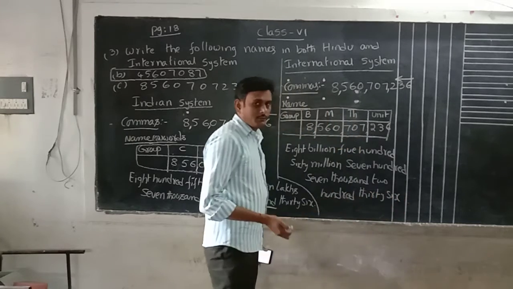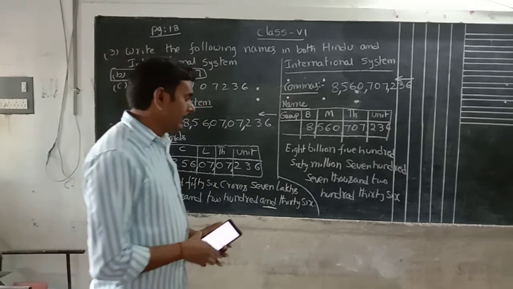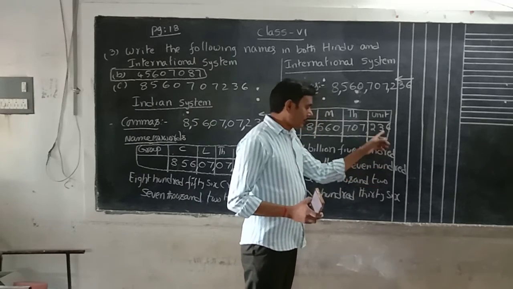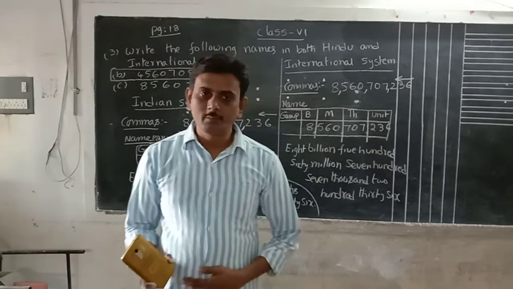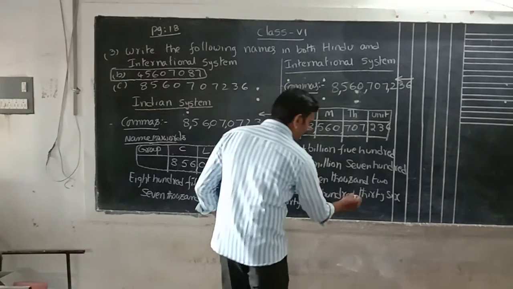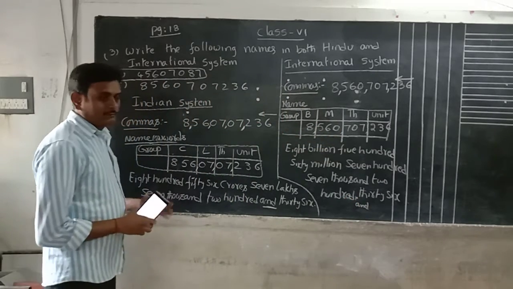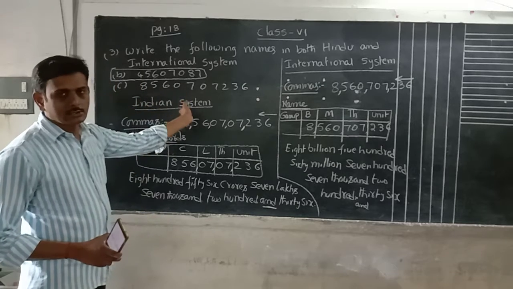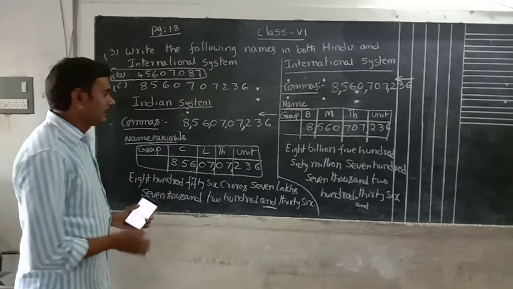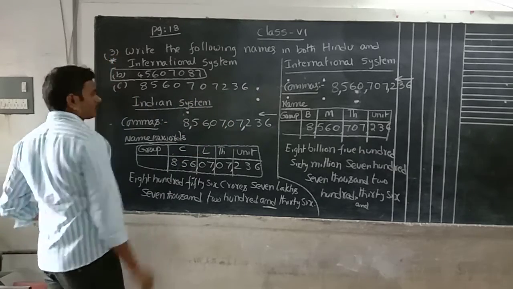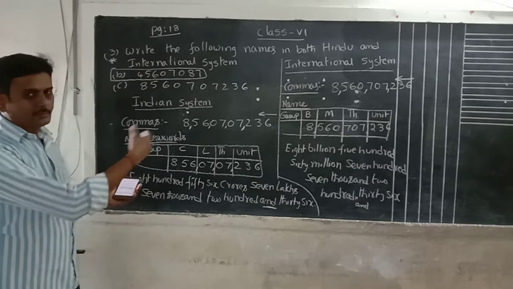Here we can use "and" as per our wish, but try to use it after the hundred. Whether I am writing in the Indian system or the international system, in the unit group we use "and" after the hundred. Whenever a number is given to you to write in words, in the Indian system or the international system, we have to follow this pattern. This is very important. So many times they ask for 4 marks: they will give one number and we have to write it in the Indian system and the international system.